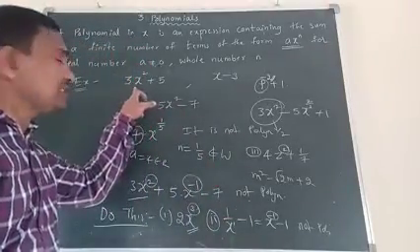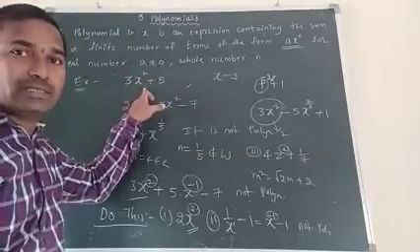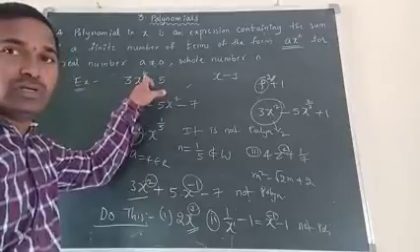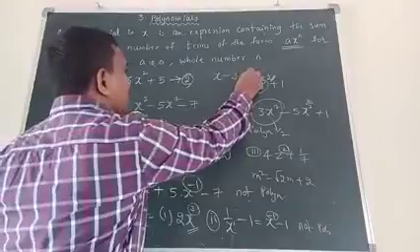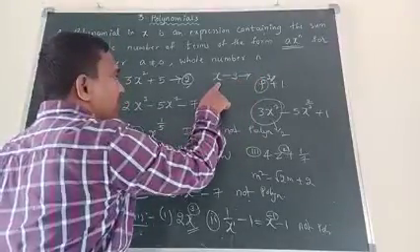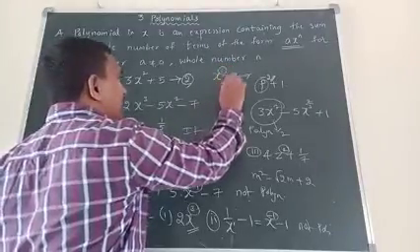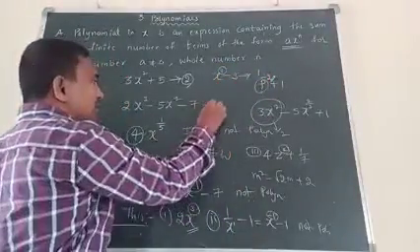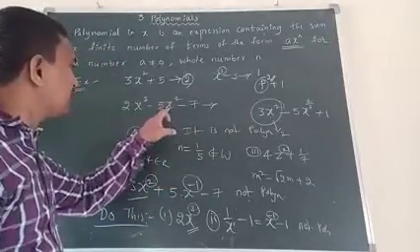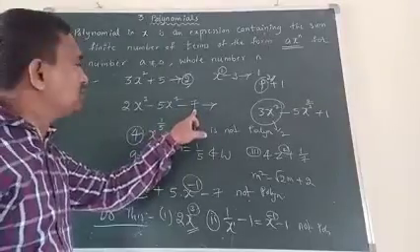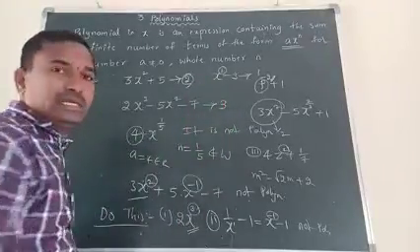See here, this is a polynomial, 3x square plus 2, 5. What is the variable? x. The highest power of x is 2. So, degree is 2. Here, this is a polynomial in variable x. Only x power 1. That is the highest power of x in this polynomial. What is the degree? 1. Here, what is the highest power of x in this polynomial? x power 3, x power 2, constant means x power 0. What is the highest power of x? 3. So, the degree of the polynomial is 3.